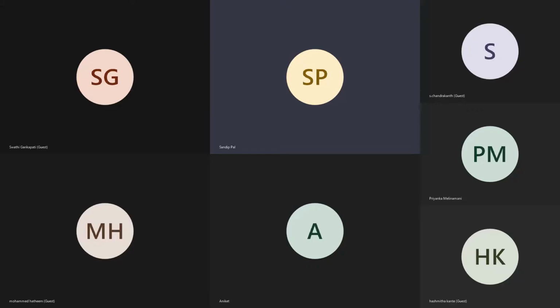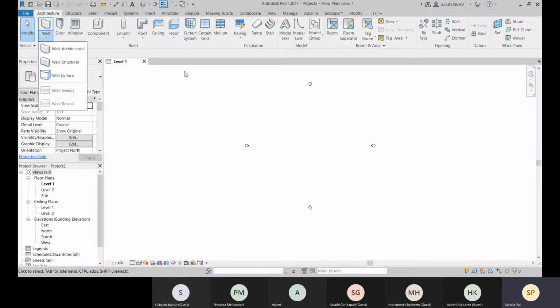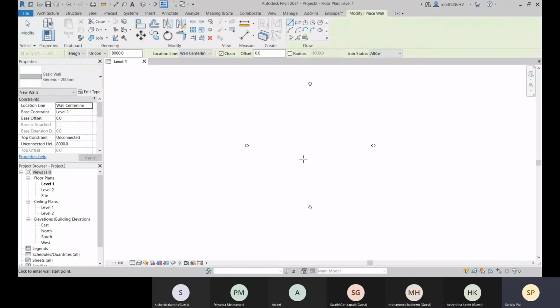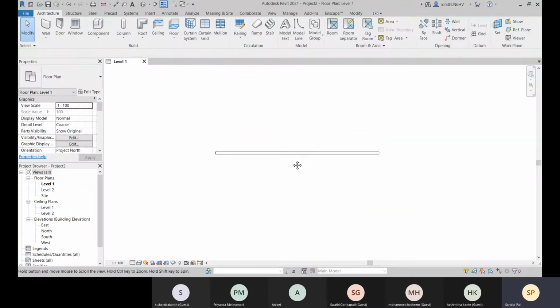All right then, we have one doubt about curtain wall, right? So for that, what we'll do, we will place one wall. Let's go with this default one, which will be enough. And let's specify the height of level 2, and let's go with this wall center block. And now let's create